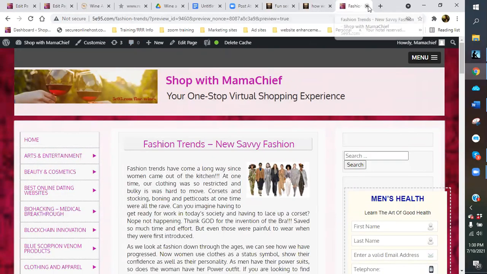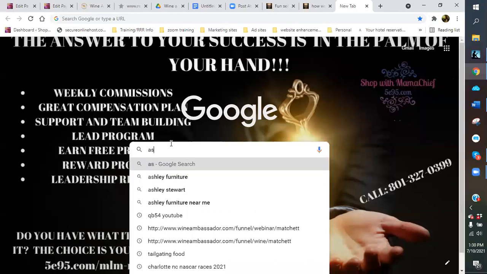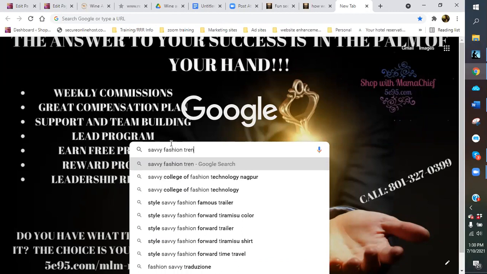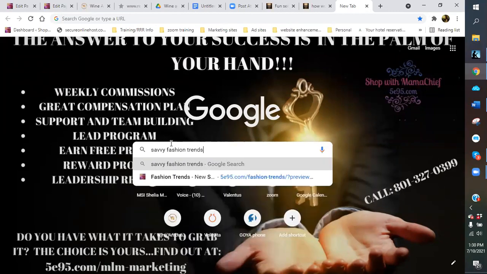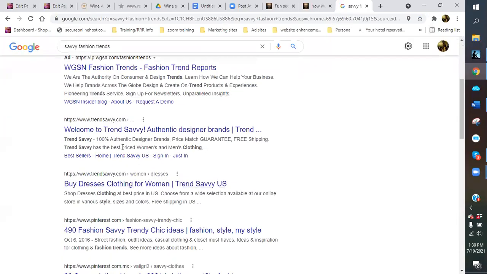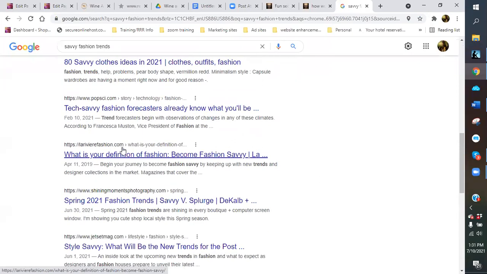Sometimes it'll pop up in Google search if I go and look at it, but this time it just popped up. Want me to look for it and see if I can pull it up? Just to see if it comes up, because I'm on mine, it won't show up. Yeah. So if I go to Google search and type in savvy, I'll go on mine for you and look, see if it comes up if you're tracking yet. One thing I want to see is, and it probably is not, because I haven't marketed this page yet.